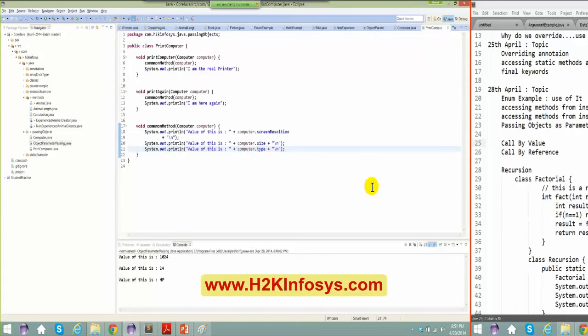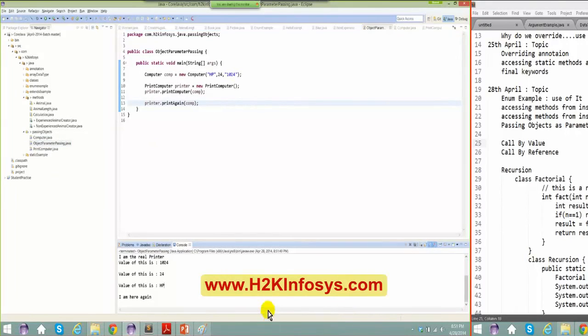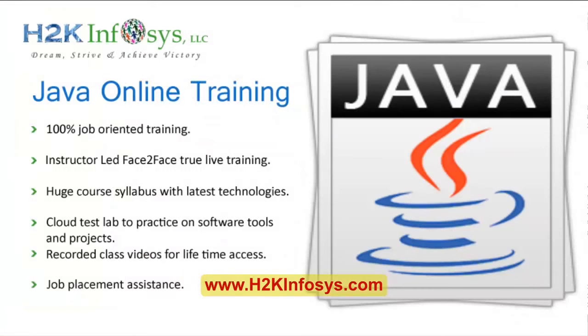All right, so we'll see how it works. It's pretty plain and simple. Right click, run as Java application. The same thing happens: you basically print it two times. One is from your print computer method, and one is from your print again method. Now the concern is